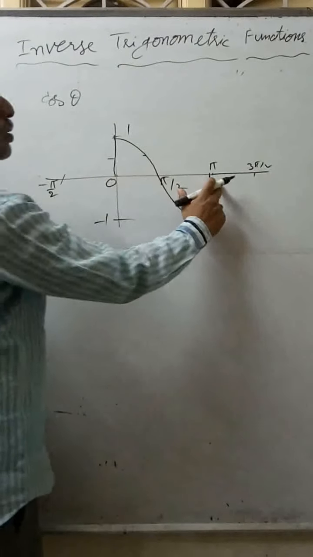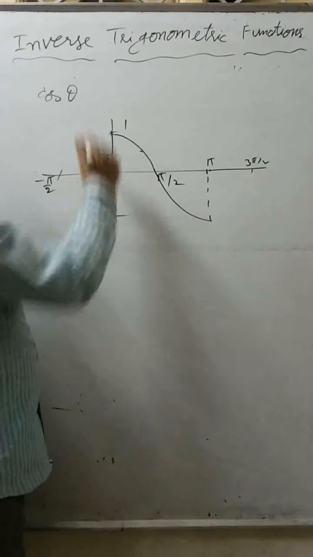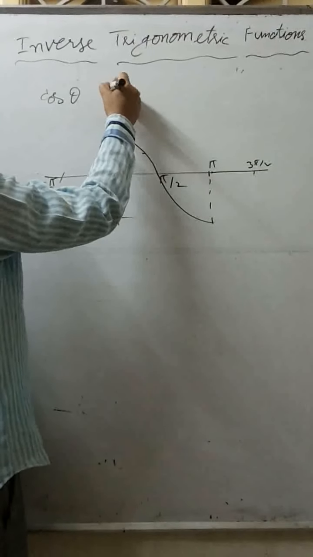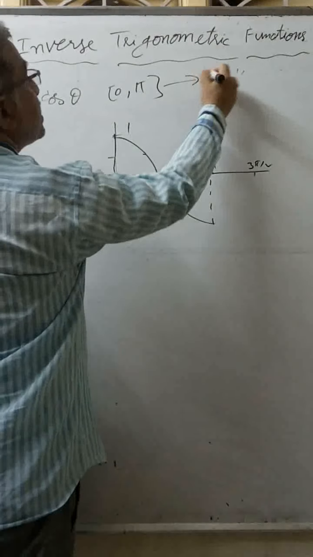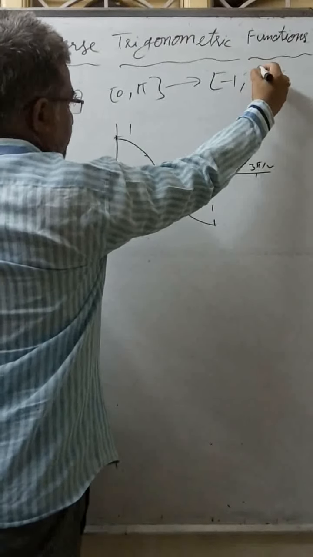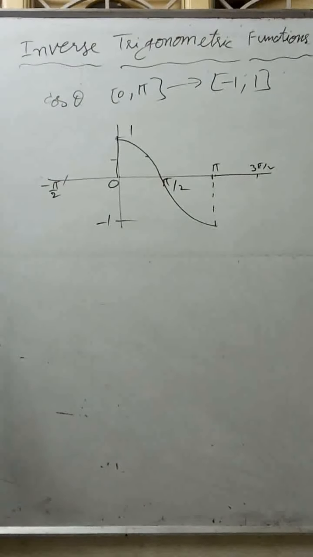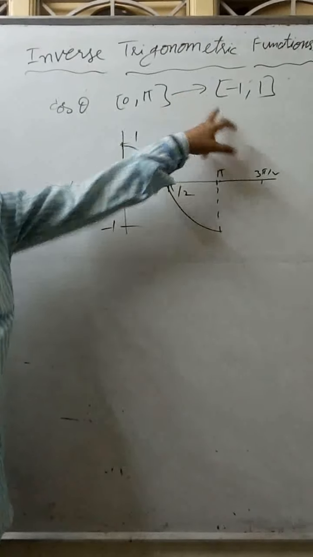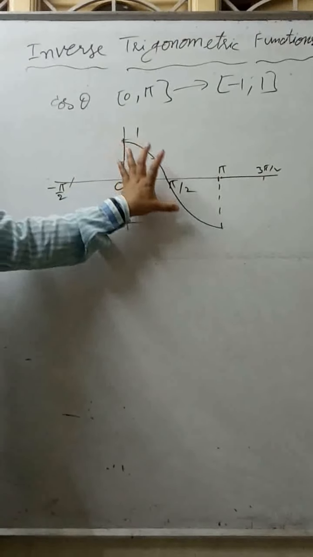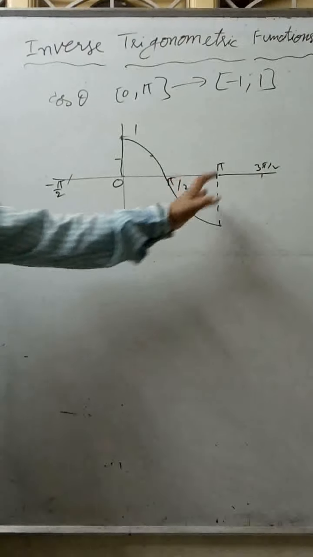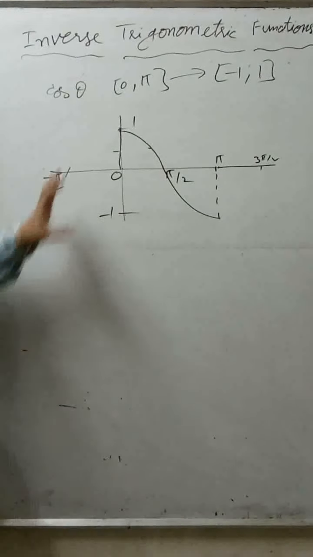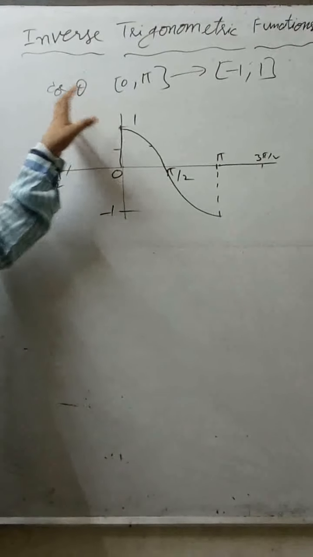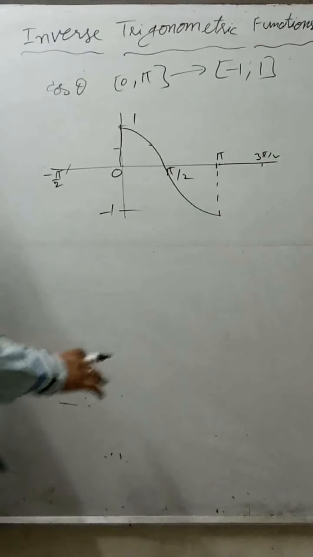So what is the domain? 0 to pi. What is the range? Minus 1 to plus 1. So the domain of cos theta is 0 to pi and the range is minus 1 to 1. Actually it is R to minus 1 comma 1, but for our convenience, to make it a bijection, we are taking these limits. So in between these limits only the inverse exists. So you should take only the 1-1 and onto function, and in that particular domain you can define the inverse. That is the most important thing. So cos inverse exists between these two only.